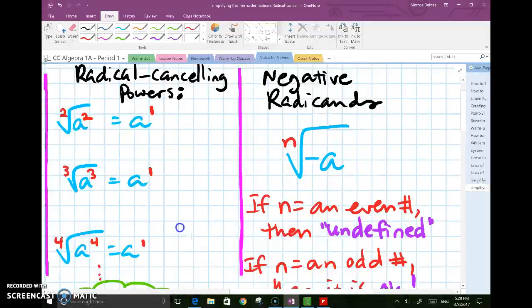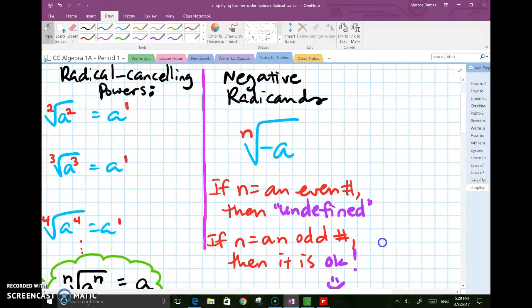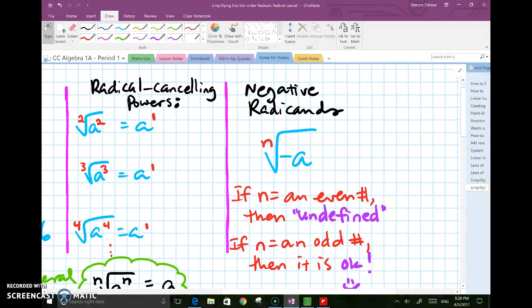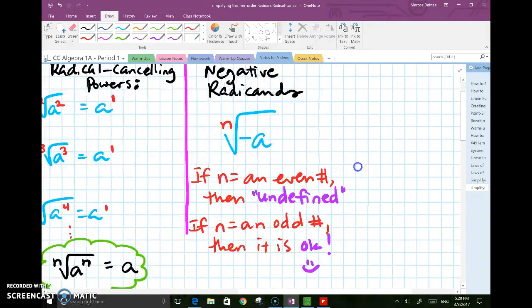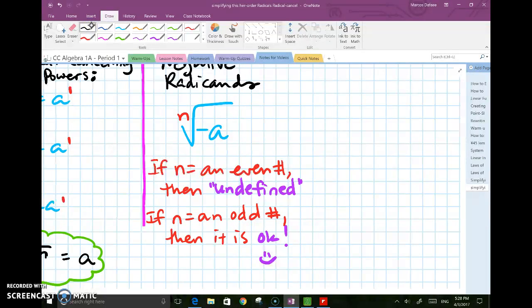Okay, there are also negative radicands, and when it comes to an even number inside the radical, so if you have a negative radicand, it's not possible to get an answer for that if your order is an even number. If it's an odd number, though, it's okay. And just to give you an example of that, I'll put one over here. As an example,